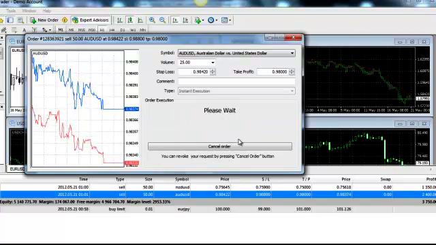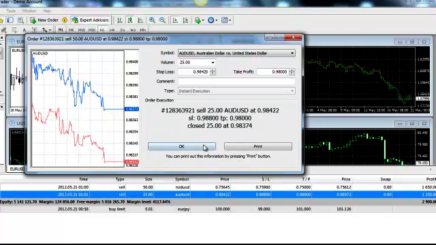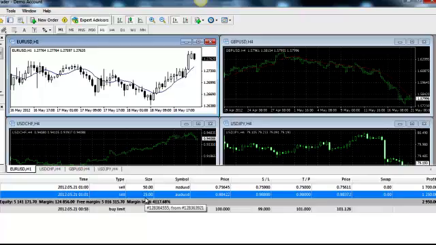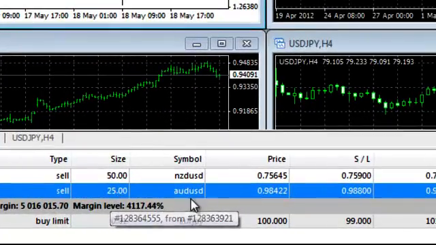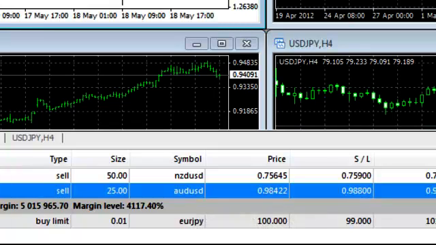Ready? Boom. There we go. Now we've got 25 lots left. We made a profit. You probably saw this thing jump up a little bit. We've closed out half our position. Our opening price right here was 98.42. Our stop loss,